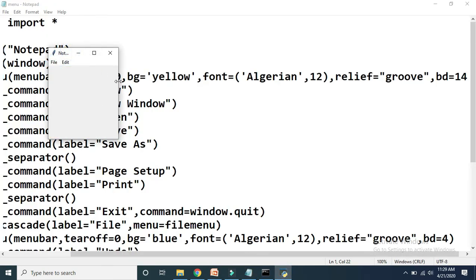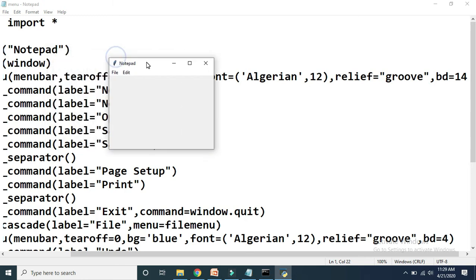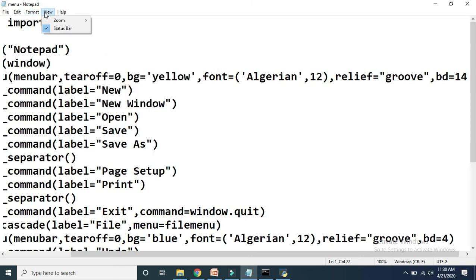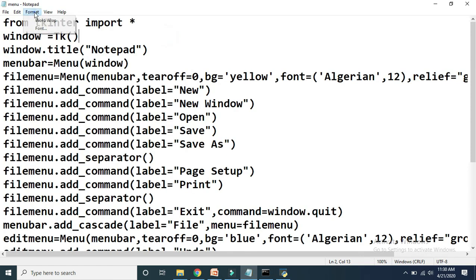Now I just want to ask you one question based on the content of this particular video. You have to write a code to display the UI of a complete notepad. See here, I have placed only two menus, the first one is file and the second one is edit. You have to write the code for further menus as well, like format, view, help. You have this particular notepad application with you. Observe this and accordingly add menus and sub menus and write a complete code for getting the UI of this notepad.